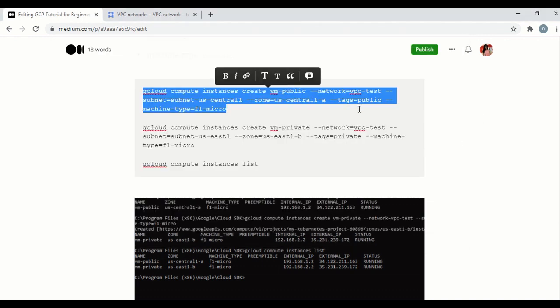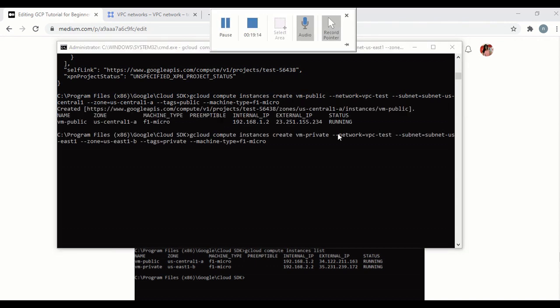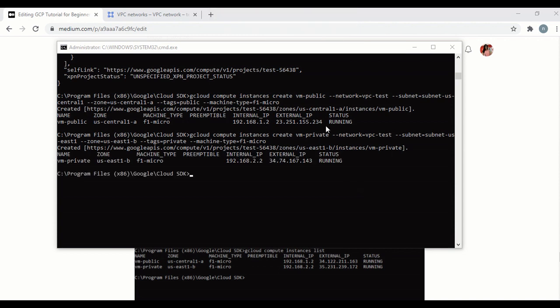Let me just copy it again. Okay, so this instance is created, and I have put in another command for the private VM also. So both the instances are created successfully.